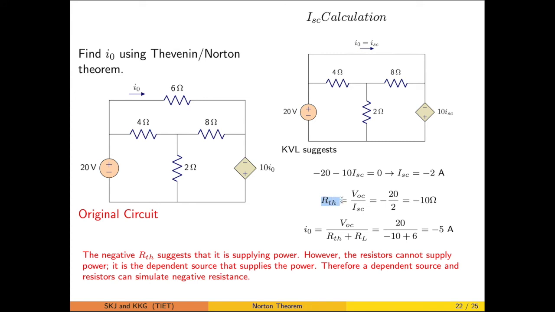RTH, when we are calculating, that particular is giving us minus 10 ohm. So the negative resistance is a new parameter, a new term to confront with, because the resistance value is negative. So that particular will be coming, and I0 is equal to minus 5 ampere. So for the I0, you can simply say that the direction is opposite to what has been referenced, so that there is no issue. But now come to this negative resistance.